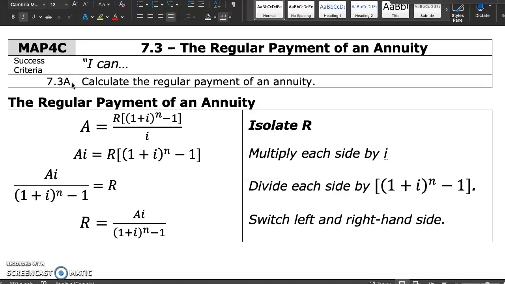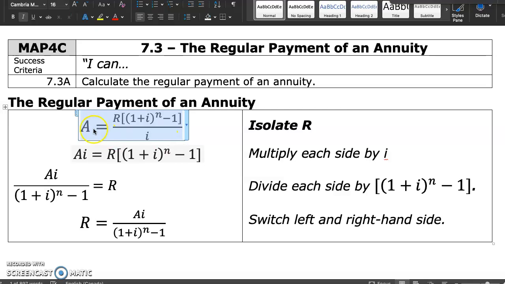The regular payment of an annuity was investigated in section 7.1, and what we determined was that if we continue to make regular deposits, equal amounts called an annuity, into an account, and it's earning interest over time, we can use the following formula. Now, by rearranging the